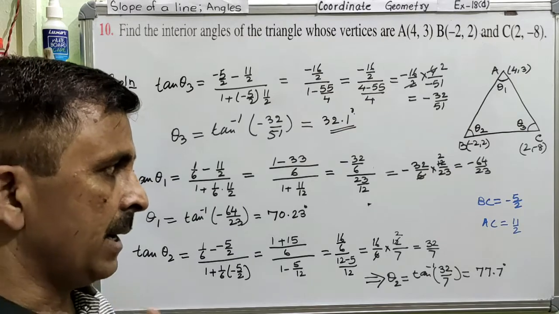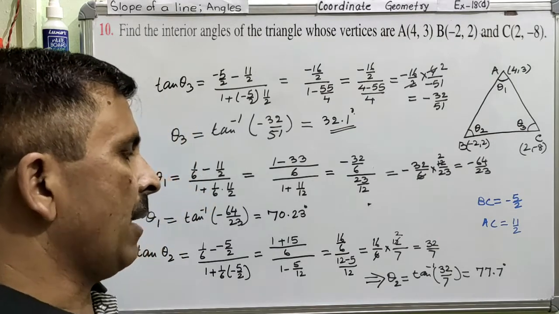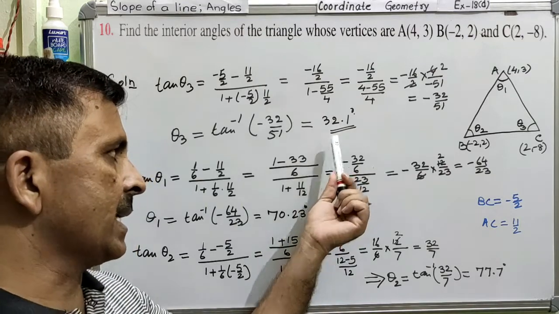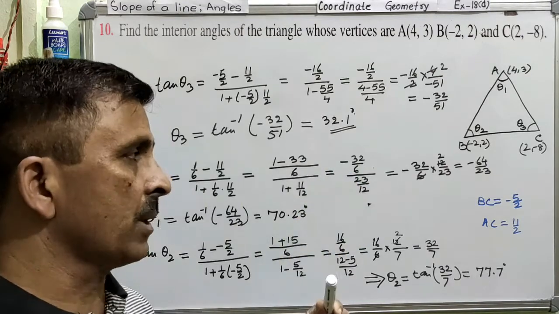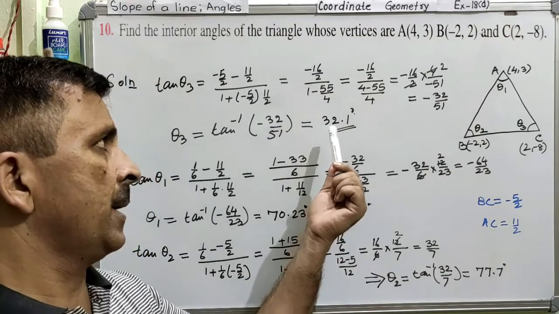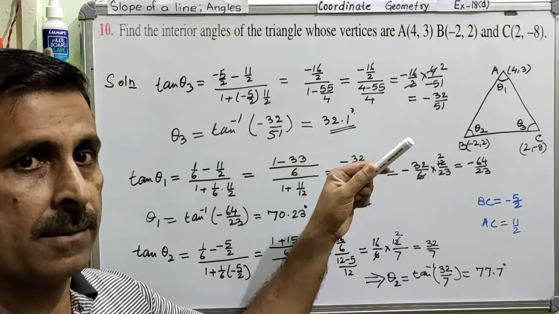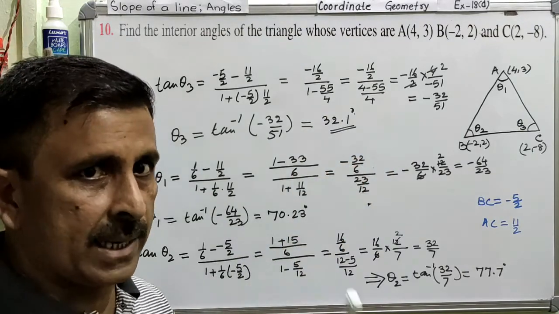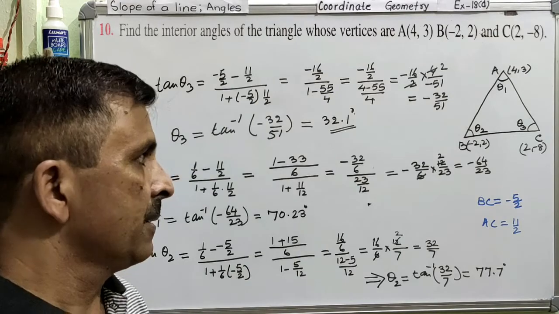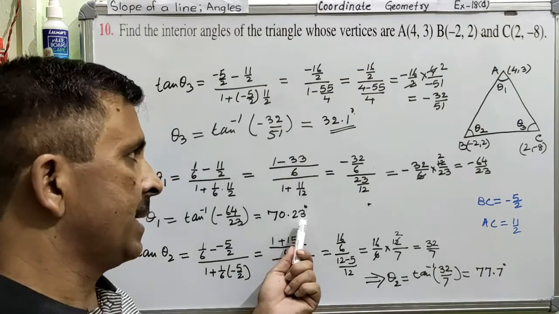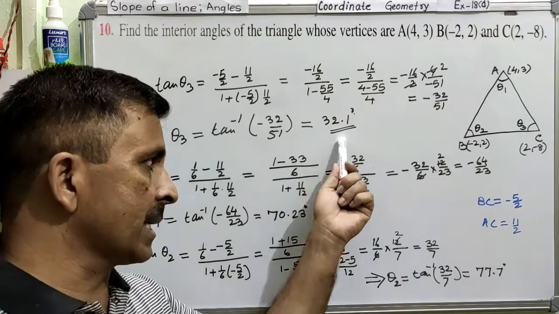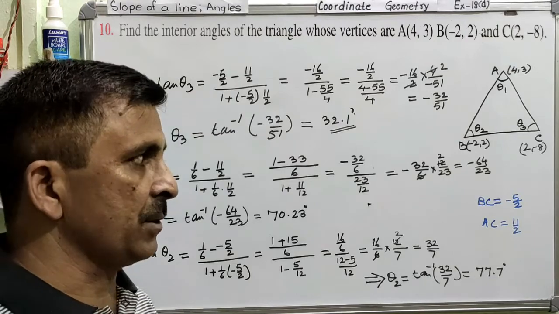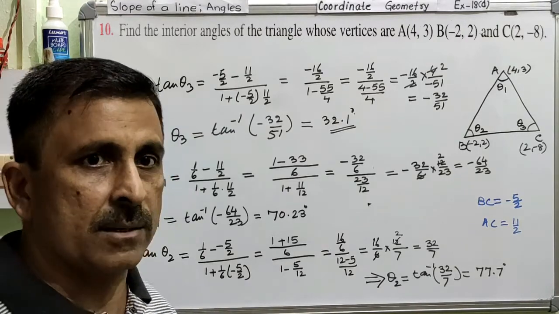Is this very clear? Now at the end I would like to tell you that our answer is coming in decimal. Am I very clear? That is why this answer will be different from your book answer, because the book answer is given in terms of degree and minute. But because we are not using the trigonometrical table, the value table, we are getting our answer in decimal. But the answer is correct, and it is the same as yours in minutes. Only there is a difference of unit. This is because we are not using the trigonometrical table.